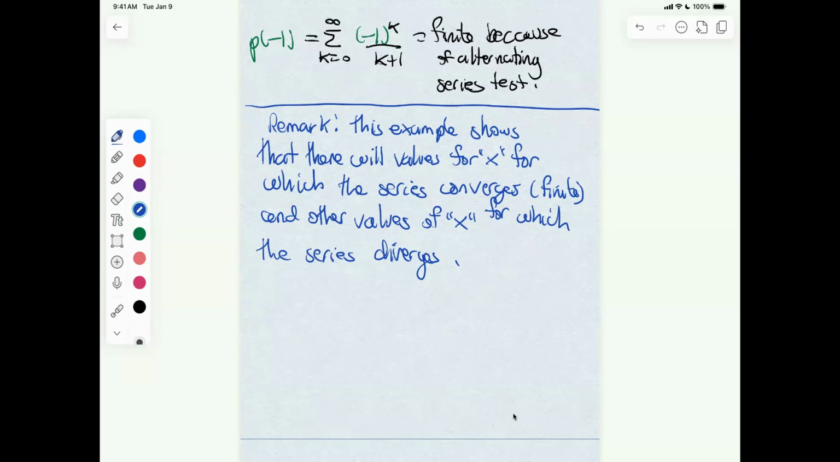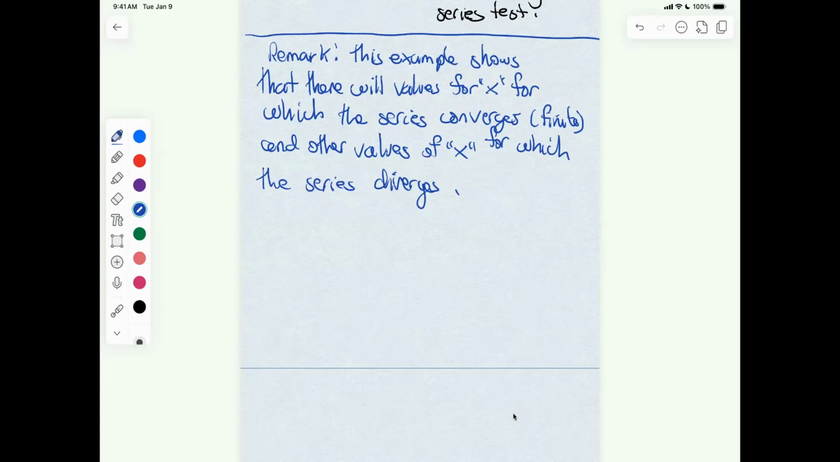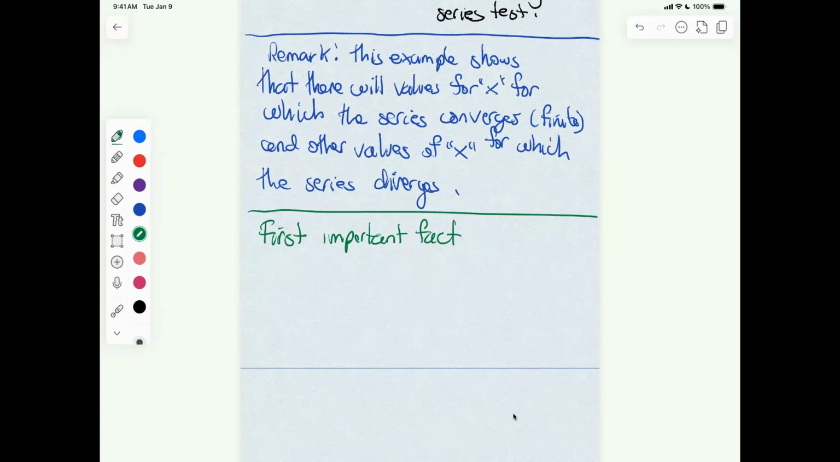So in the remaining minutes, I'll give you one of the biggest things that you need to know about a power series like this, and then I'll give you an idea of why it's true. The first main result, the first big theorem, the first important fact about a power series